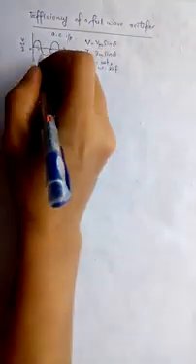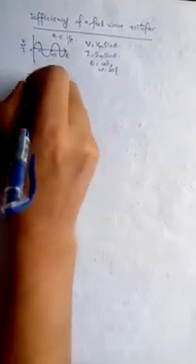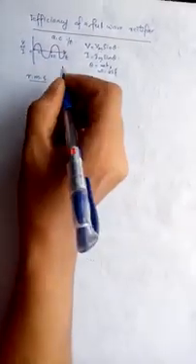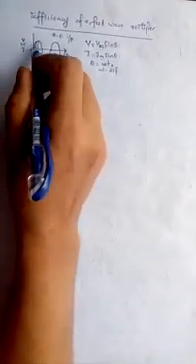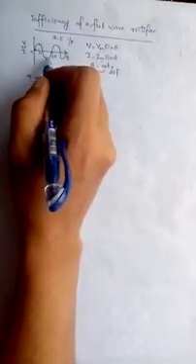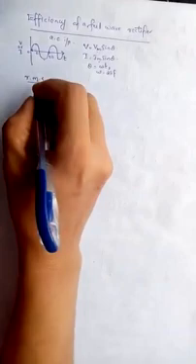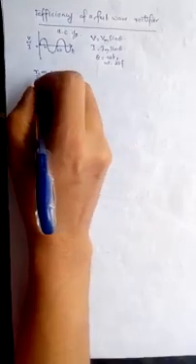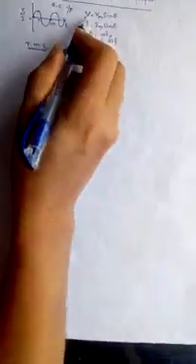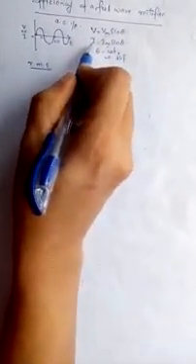So in order to represent the average value of the AC, we use a term called the RMS value, that is the root mean square value. The importance of this root mean square value is that suppose we take the average of AC over a full cycle, the positive half cycle is exactly equal to the negative half cycle. So the average over a period of 2 pi will be equal to 0. So we will take the RMS value of this AC. RMS value is the square root of the mean of the squares of the instantaneous values of voltage or current. This is the instantaneous value of voltage, and this is the instantaneous value of current.